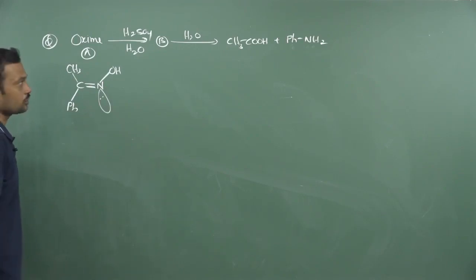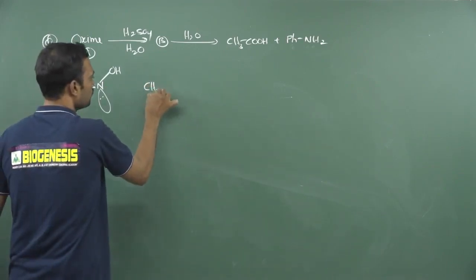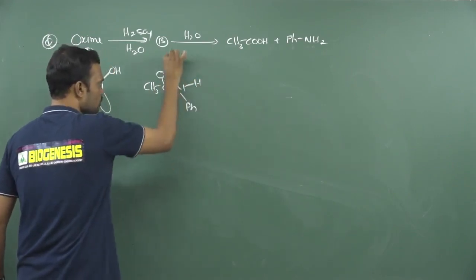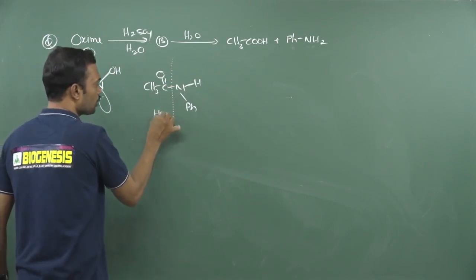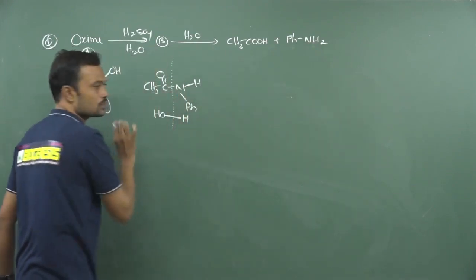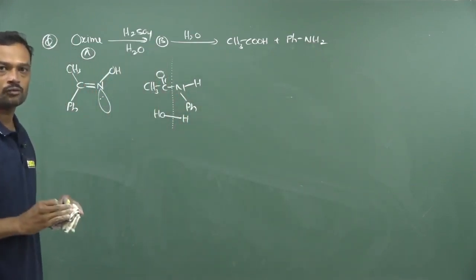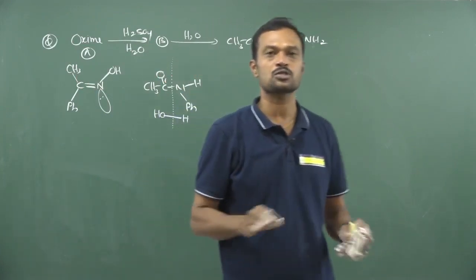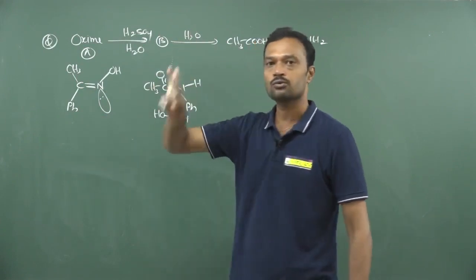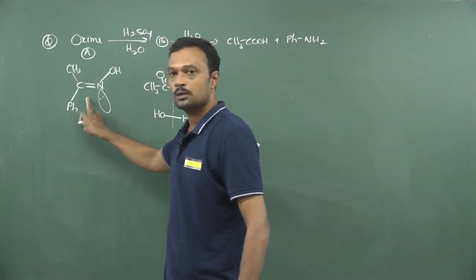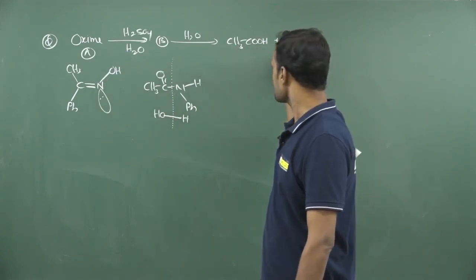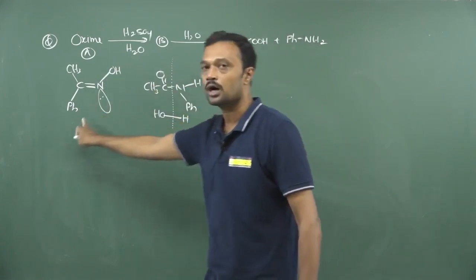Now this is an oxime structure, and upon rearrangement, what happens, see, this is CH3, C double bond O, nitrogen carrying phenyl and this will carry hydrogen. On hydrolysis, on the left side you write down the hydroxy group, on the right side you write down hydrogen, PhNH2, and this is acetic acid. So based on this technique we can easily identify what will be the stereochemistry involved, and what is the stereochemistry of the oxime. This is most important for advanced examinations. So once you know the oxime structure, you can expect the kind of products here. If you know the product substitutions, you can work out the oxime stereochemistry.